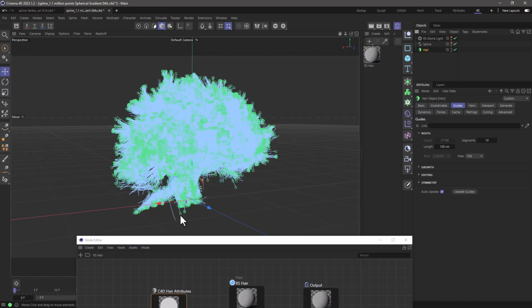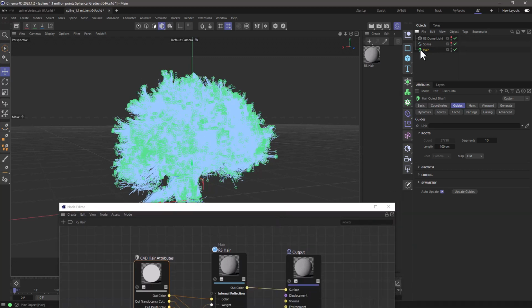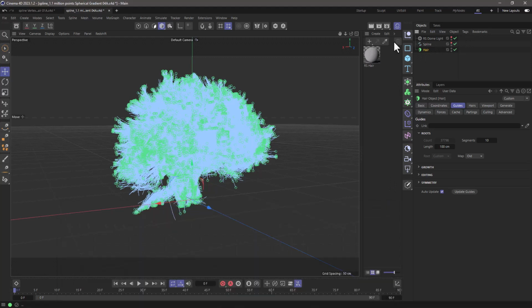And some of them, the roots are where the circle is, so some of them you have the roots here, some of them you have the tips here, and you can see those reverse windings. That's why these circles don't appear everywhere. Anyway, now that this is an actual hair object, what we can do is go and add a